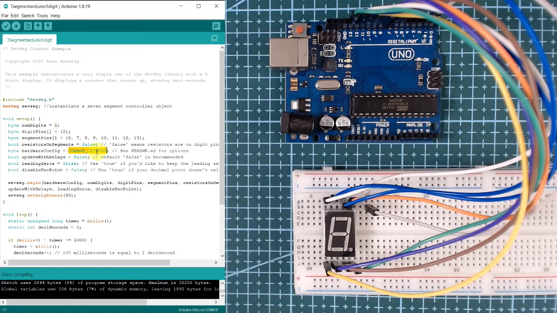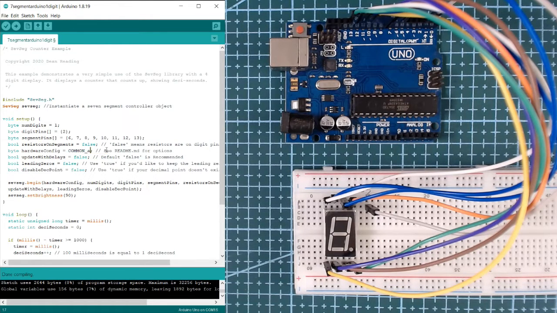And don't forget that we are using the common cathode. In case you have a common anode, just edit this line into anode, then you are good to go. But since we are using a common cathode, let's just put it back.